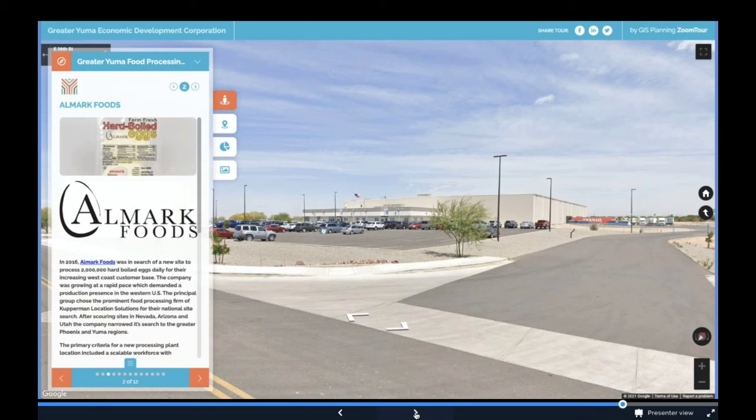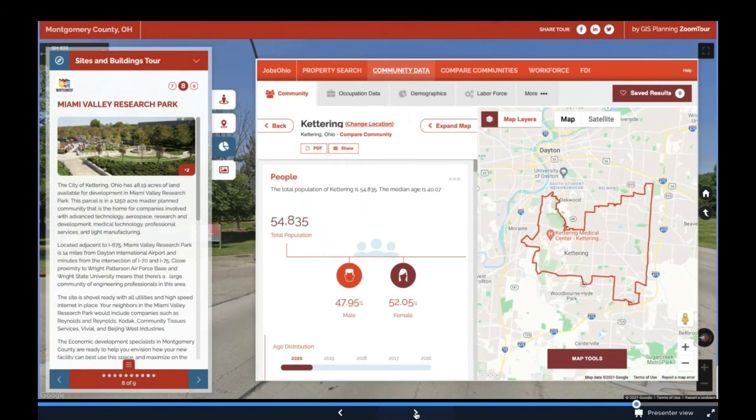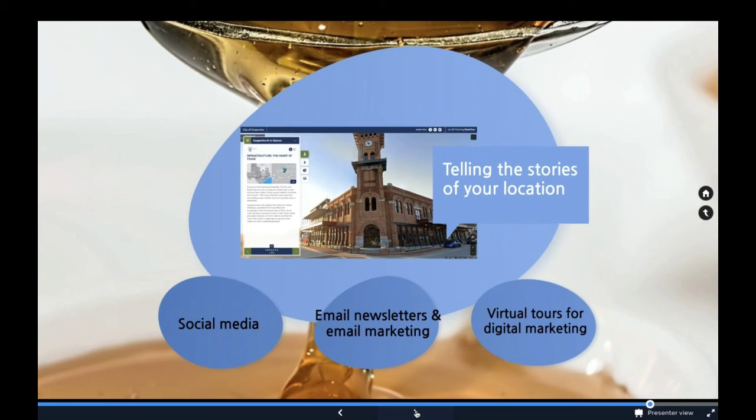So if you are interested in the region, you can speak to their economic development organization. Montgomery County, these guys are linking back to the Jobs Ohio data tool within their Zoom tour. Again, this is so easy to build. You do not need to be a graphic designer. There's a wizard that walks you through this. You can have as many tours as you want, and each one of those tours can have as many stops